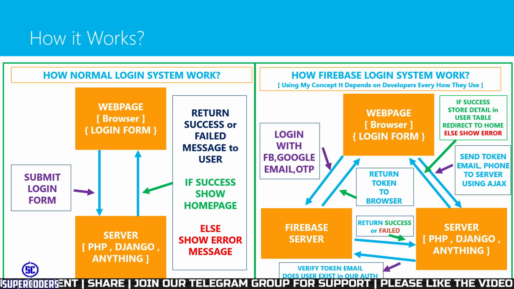Like if some user does not exist but they know our API endpoint of the server, they may try to use any invalid details and try to access that server. So we need to block that request. So that's why we need to use a double check. We can verify that detail with our Firebase server.